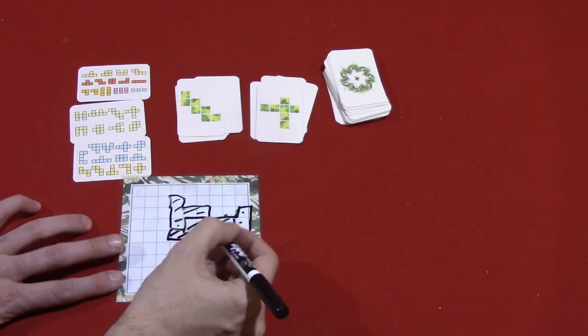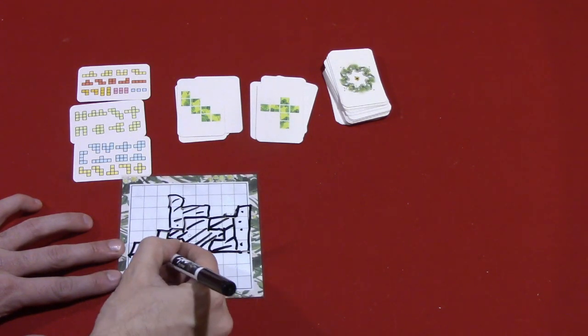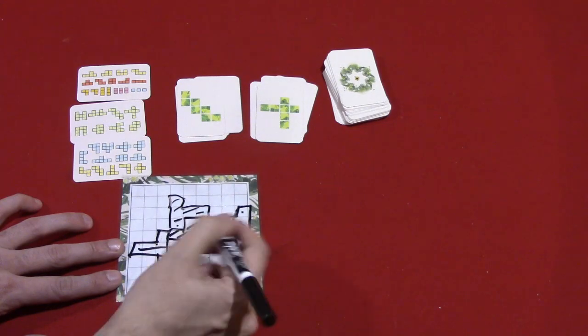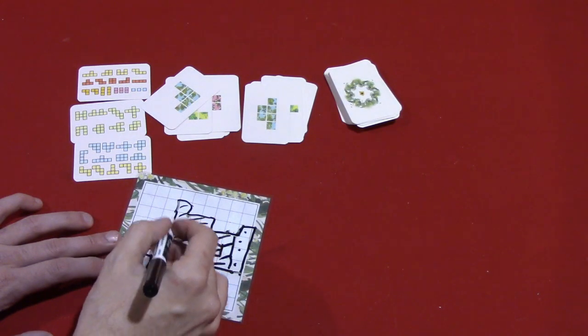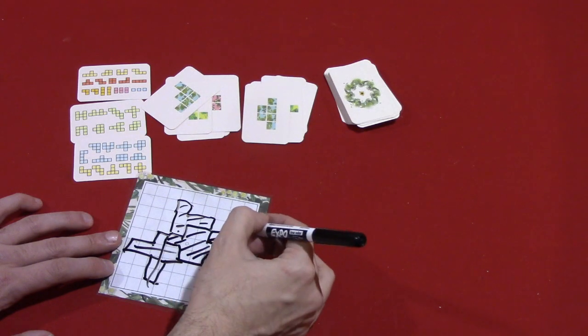So let's see, we have this one here. Maybe I would take that and fill it in here. So again, no thought is going into this process. So maybe I just do that to indicate that that's filled. Then I get one of these 2. This one works pretty well there. No, that's not great. That would be